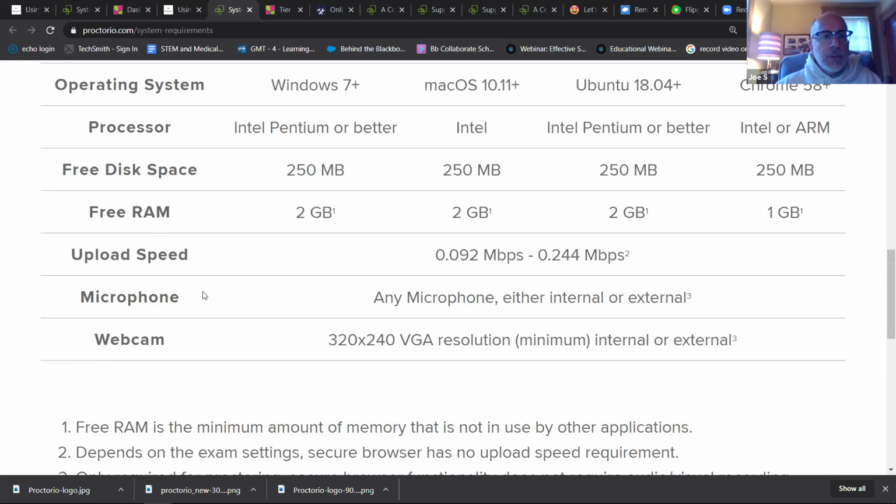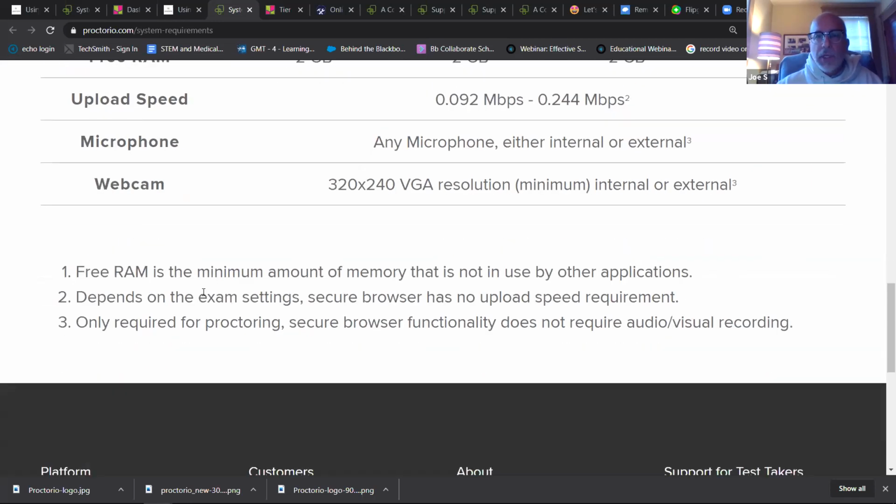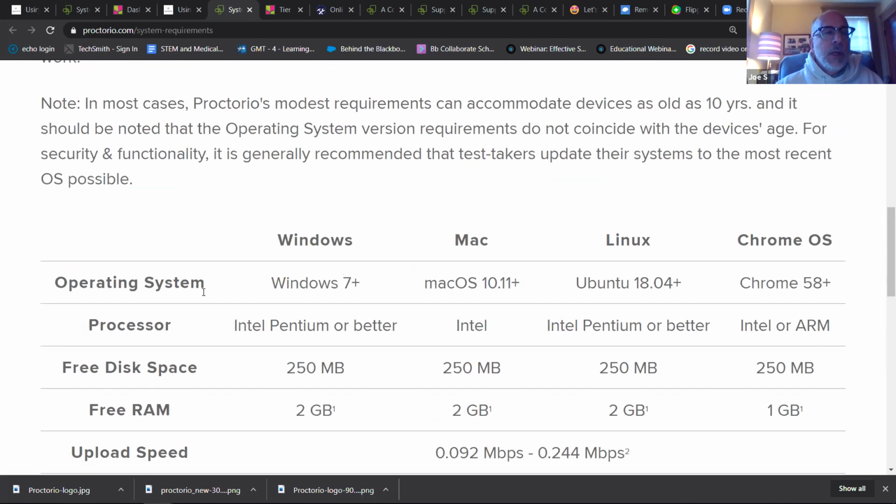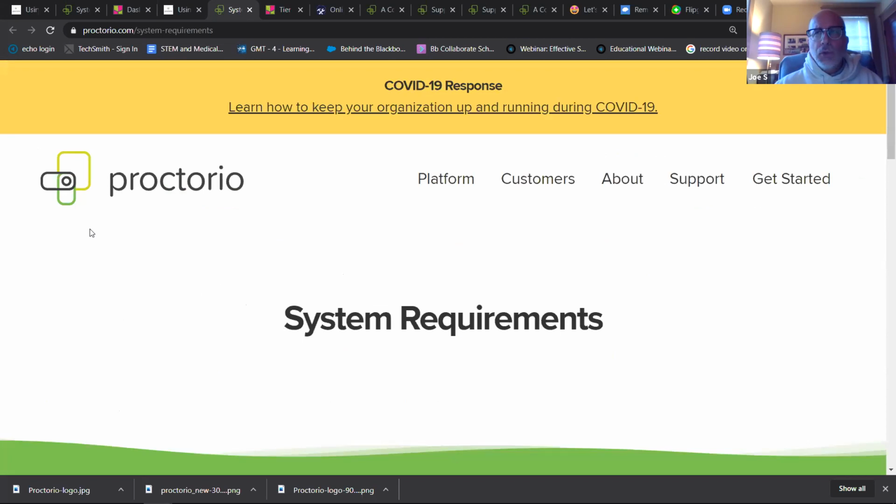Those are just some of the things that you need to be aware of, and so will your students. And you're welcome to give them this information as well. I wouldn't suggest that you relay this entire Padlet to your students. Just pull out certain things that you might need from here and put them in your course if necessary. Okay, any questions about system requirements?